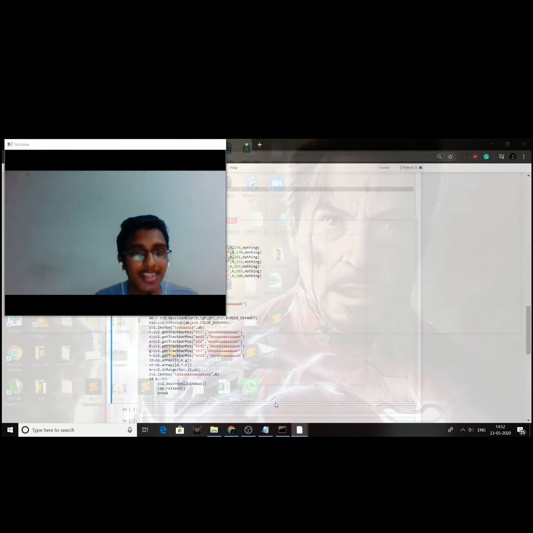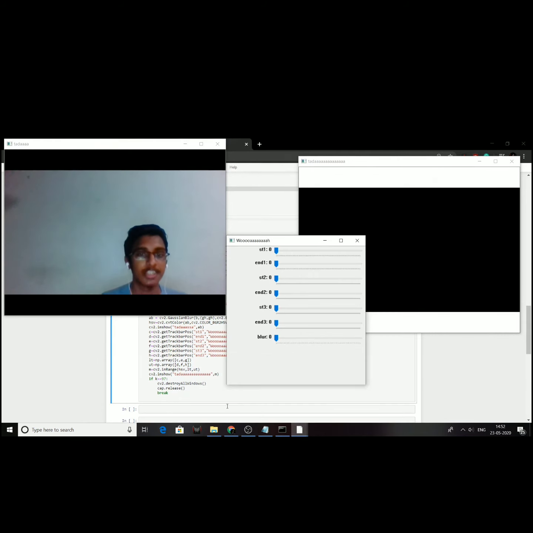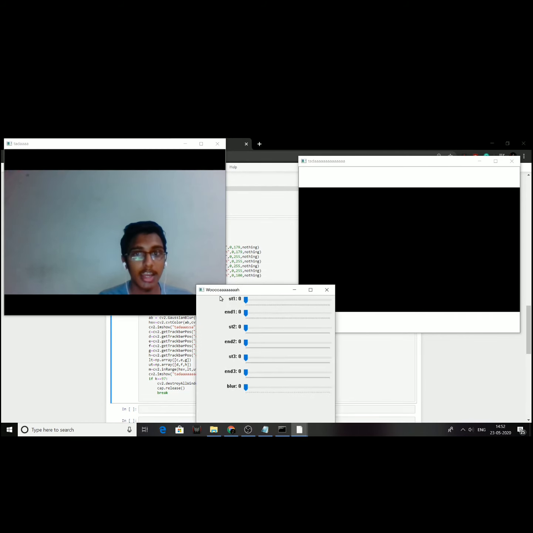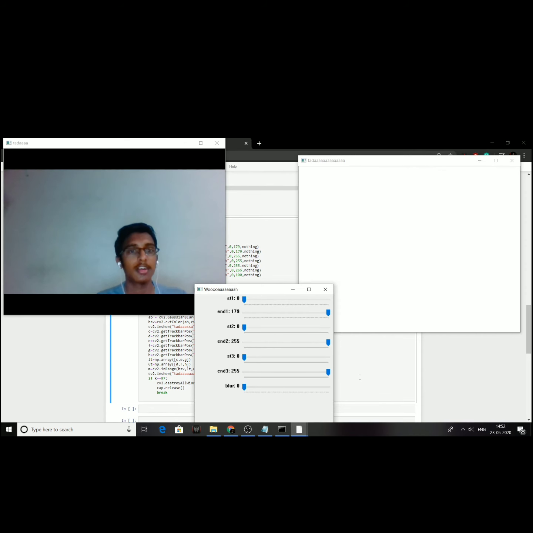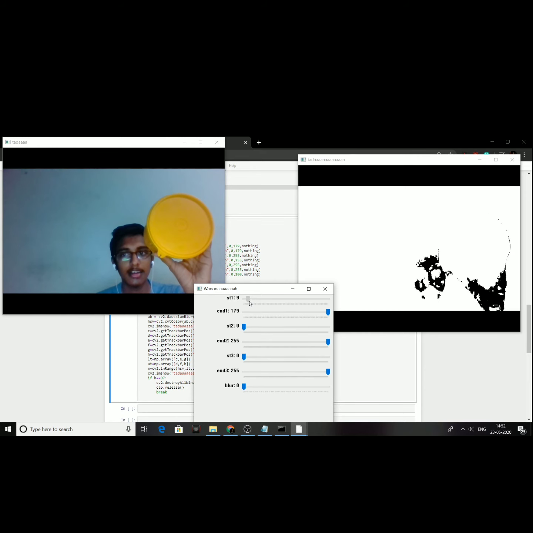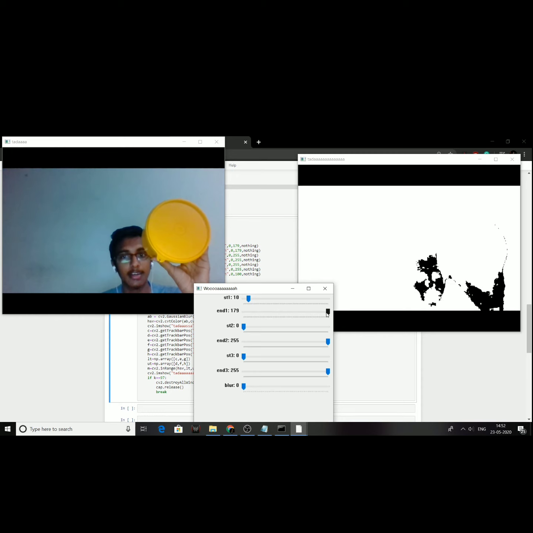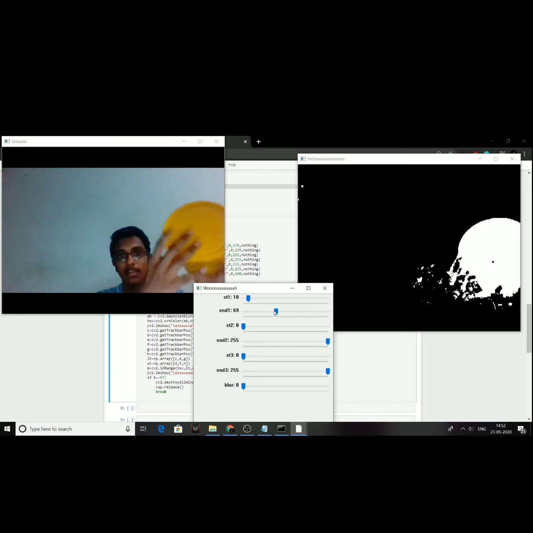Now, yeah, let's open this. See, this is the trackbar and this is the window, and always make sure starting point should be less than the ending point. That's the usual rule. Now see this. This is a yellow color, right? Now I just want the yellow color. I don't need anything else. So yeah, let me adjust the threshold and see. The white color means it is tracking. The black color means it's not tracking. So I just want this. So I have to make sure only this part is white, nothing else.